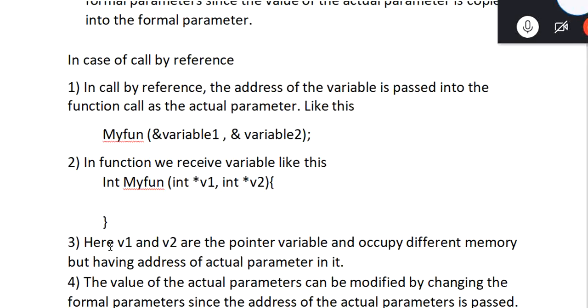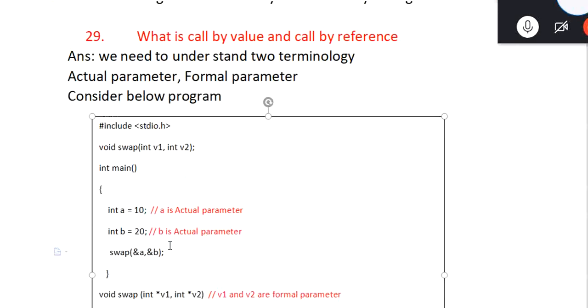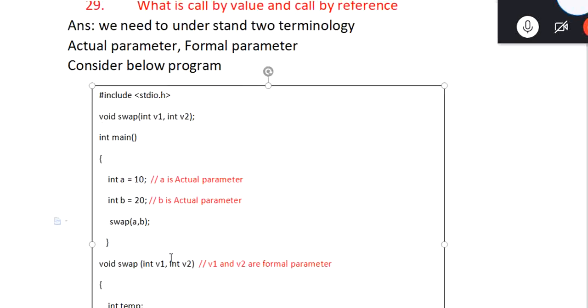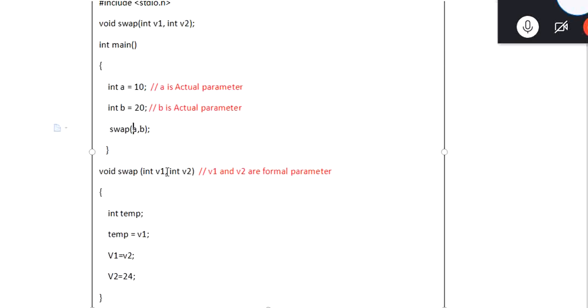Now the main part here is to pay attention and understand. In this case, V1 and V2 are the two pointer variables, and they occupy different memory, as in call by value. In call by value, A and B and V1, V2 both occupy separate memory.